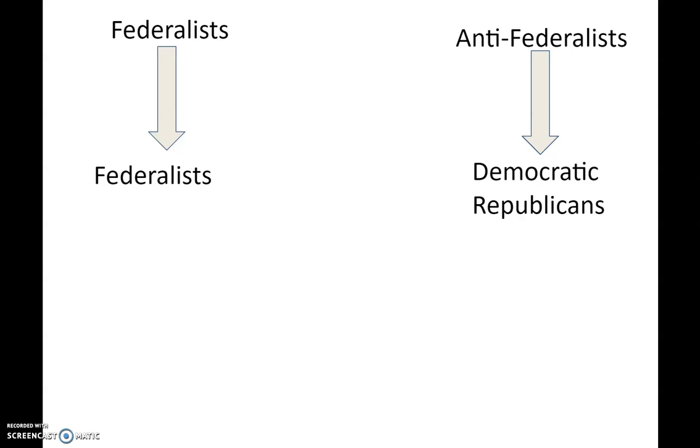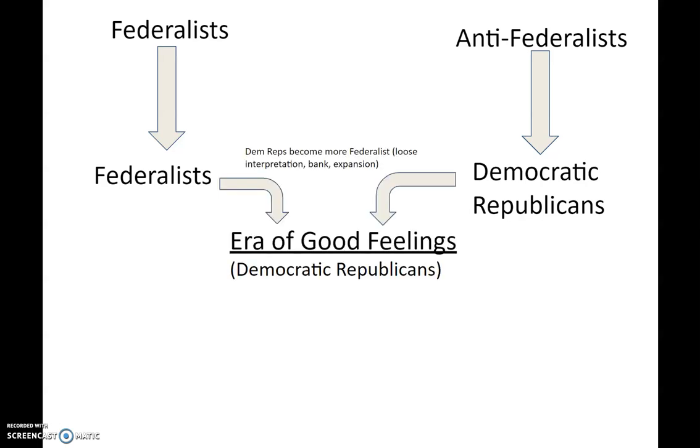The Anti-Federalists become a political party called the Democratic Republicans. Prominent Federalists include, of course, Alexander Hamilton, John Adams, technically George Washington, but we won't get into that. Democratic Republicans, popular ones of those, Thomas Jefferson, James Madison, right? Cool. But then, when we get into the era of good feelings, what we see is that the Federalists die